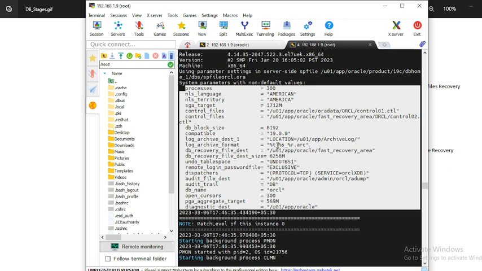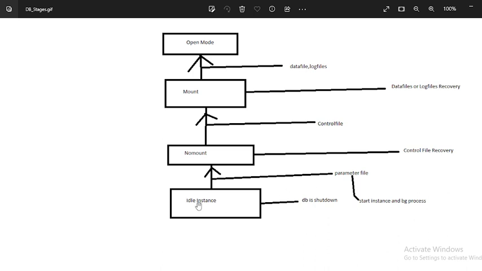But if your database goes down and you try to start it, as I told you, it will go from idle instance to nomount. At that time it will look for the parameter file.